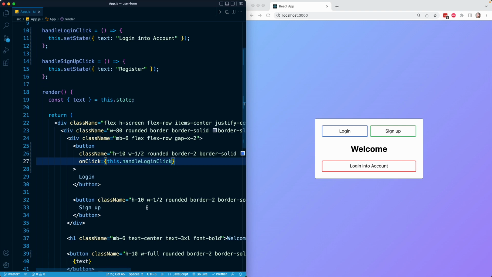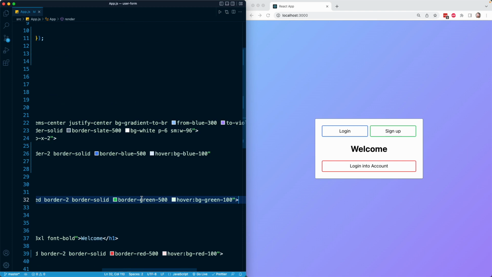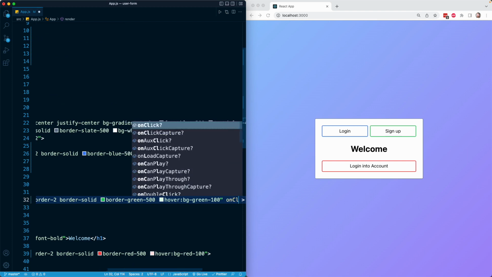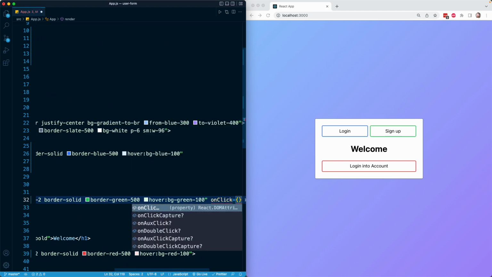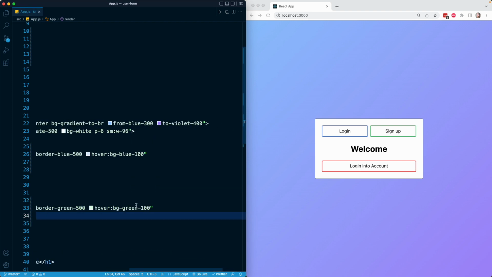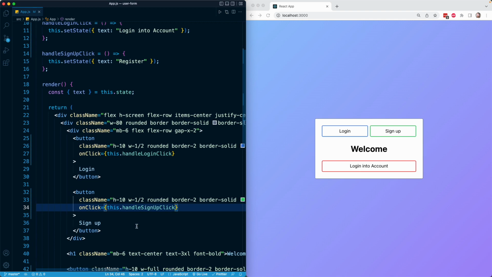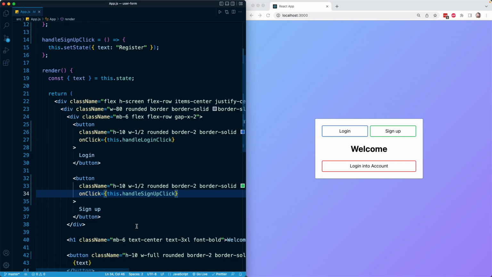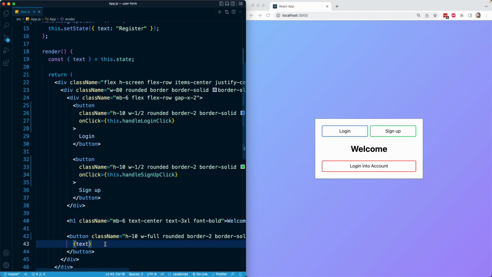So on the button right here, we're going to repeat the exact same logic. At the very end here, I'm going to add onClick, provide the equal sign and the curly braces. And this time I'm going to reference this.handleSignUpClick, and the code will look like this. So now each one of our buttons has its own corresponding method that's going to update the text property. And we're still utilizing the text property right here as the button text of our third button, the right button